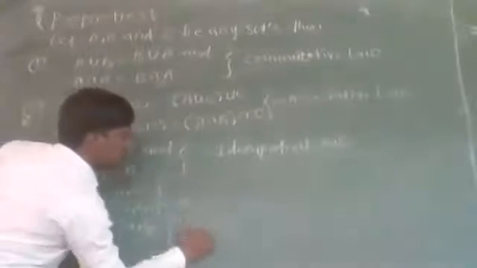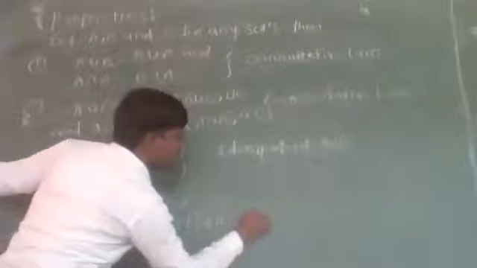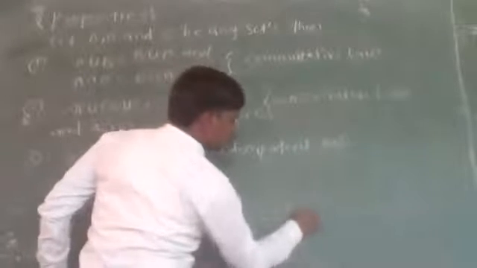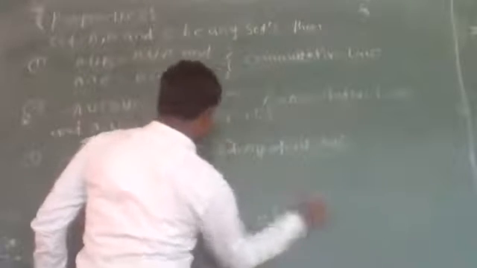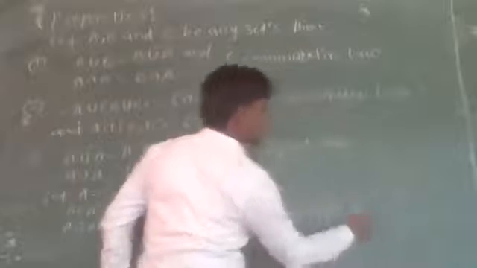Therefore, A union A will be equal to A. Now A intersection A, which is equal to ABC intersection ABC. As all the elements are common in both the sets, then the intersection will be ABC, and it is A. Therefore, A union A will be equal to A, and A intersection A will be equal to A. Therefore, idempotent law holds. Now, the fourth one is